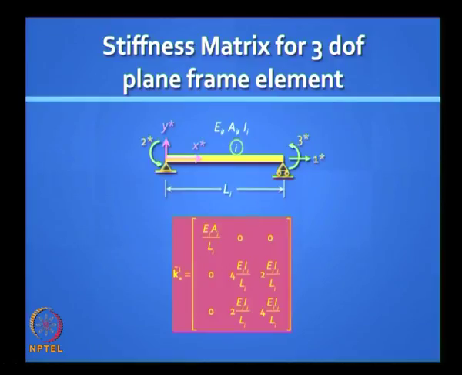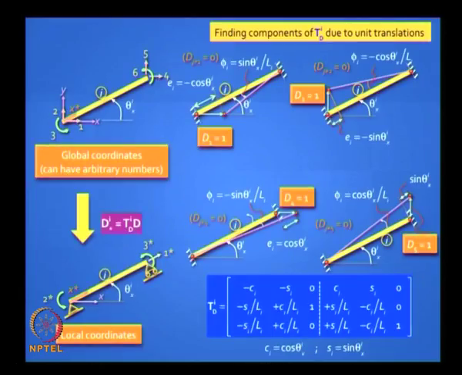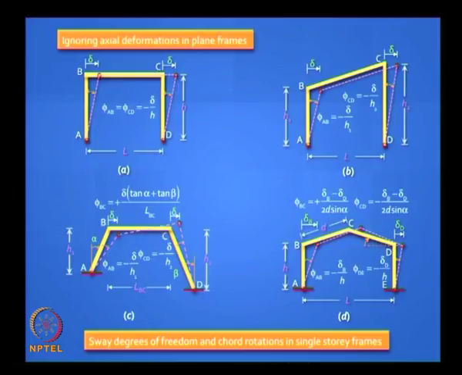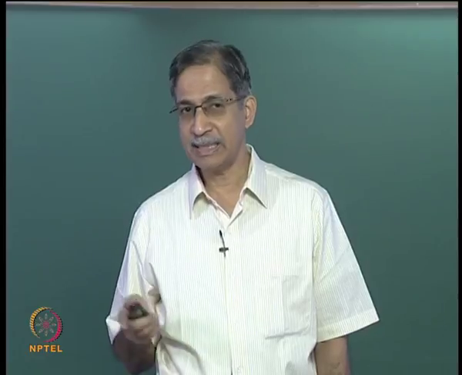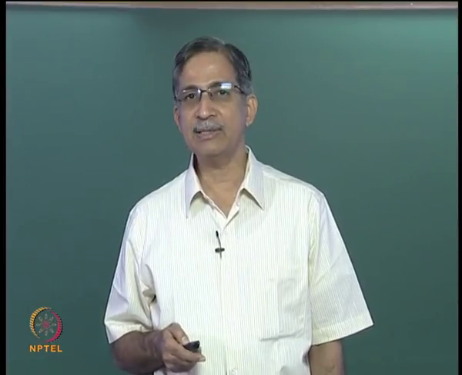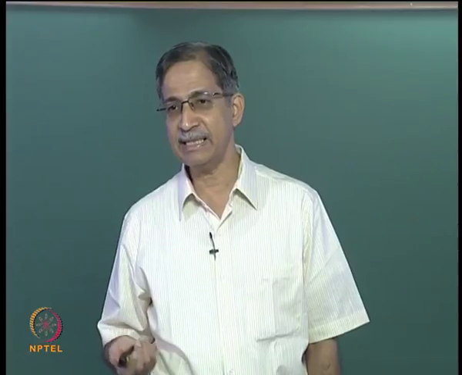We've done a few problems. This is how you do the transformation, the TD matrix in the reduced element stiffness method. And now let us look at a problem with sloping legs, which is actually a complicated type of problem when you apply the reduced stiffness method. So you have to intelligently identify the sway degrees of freedom. We've discussed this earlier, and you need to express the chord rotations in terms of the identified sway degree of freedom. So let's look at this problem